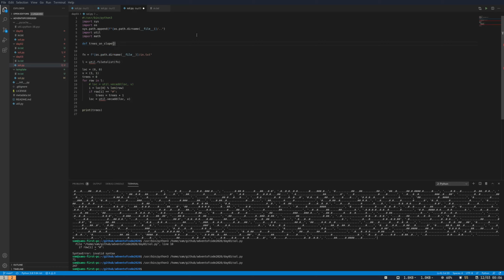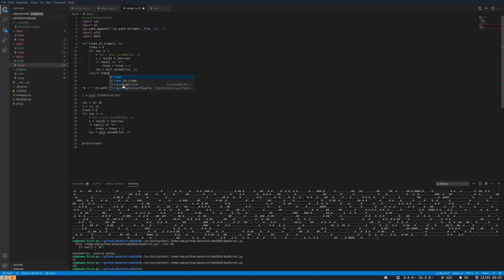Slope, and we want the L that you're using and the vector that you're using, and then we're going to do this. Let's tab all that in. Return trees. And let's get loc is equal to. Okay, trees is 0, 4,